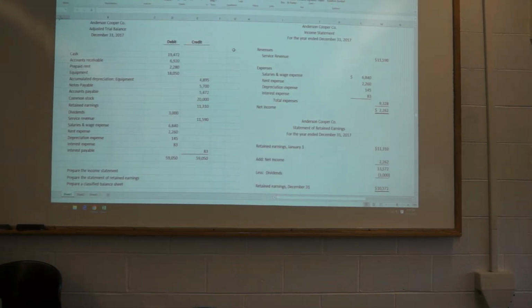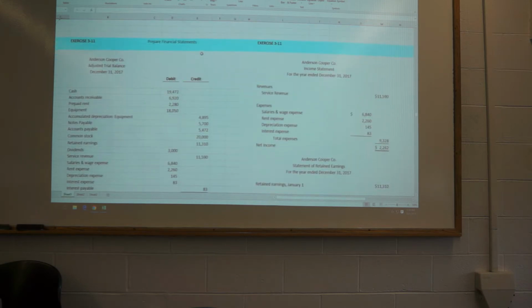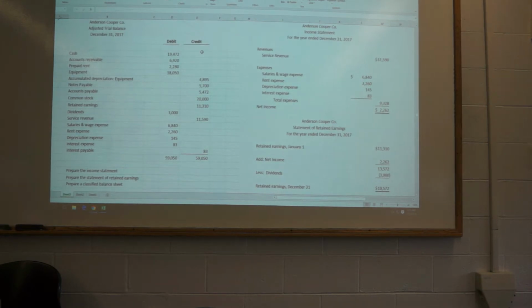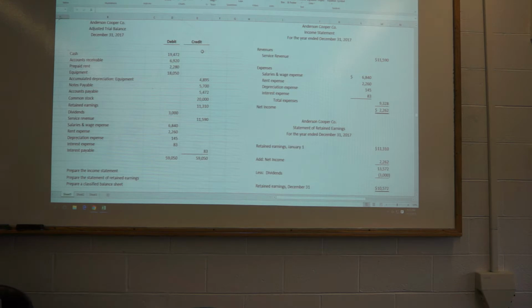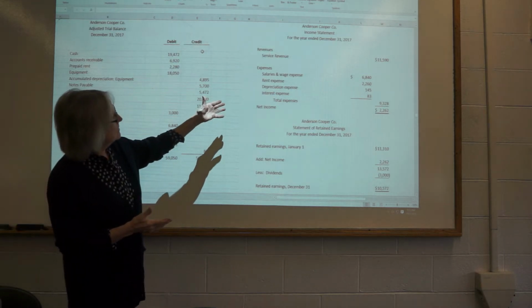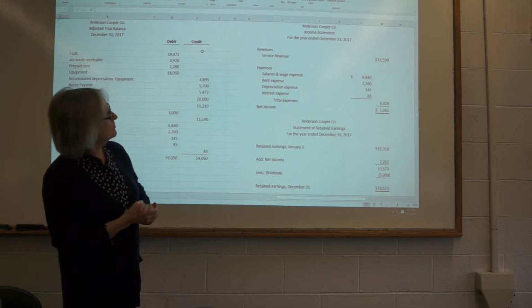So now we'll go over the next set of homework. This will be exercises 3:11 and 12. In exercise 3:11, you're given the adjusted trial balance and told to come up with financial statements in good format. And so at this time, you should be able to do this. There weren't any particular problems with any of this